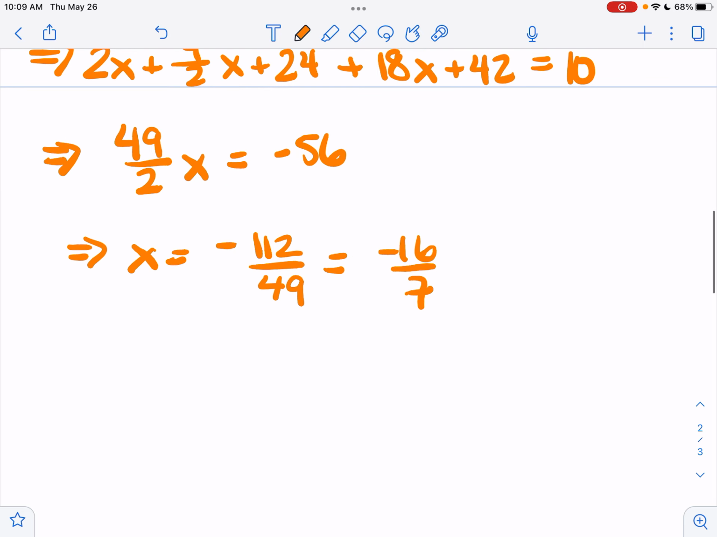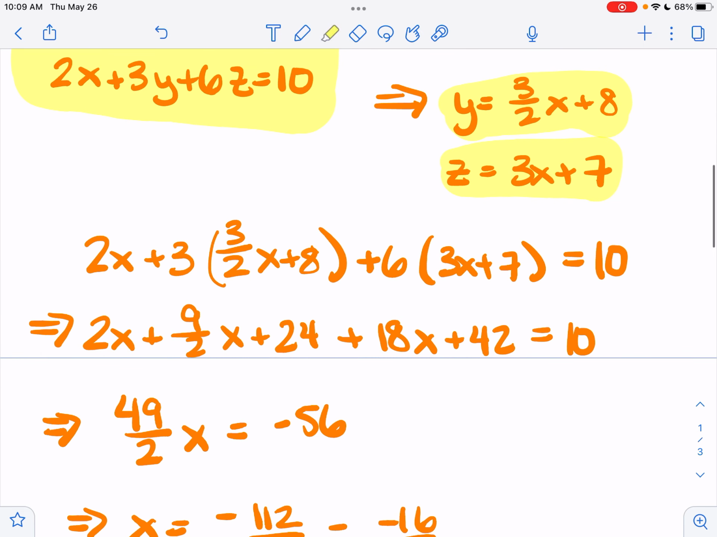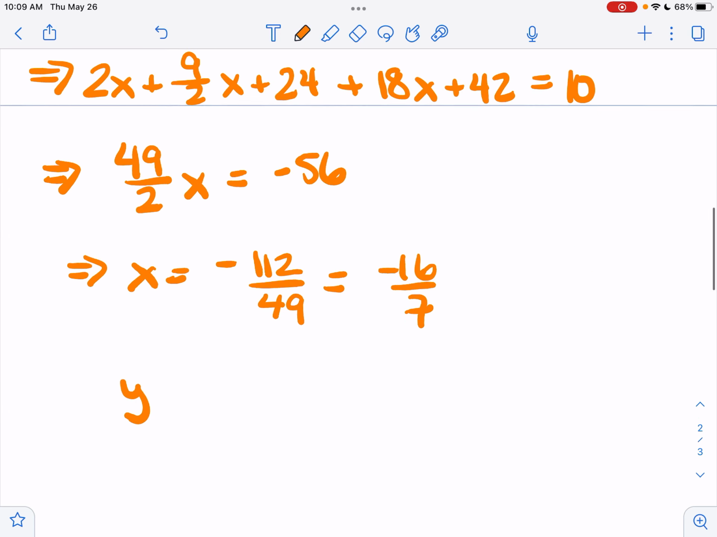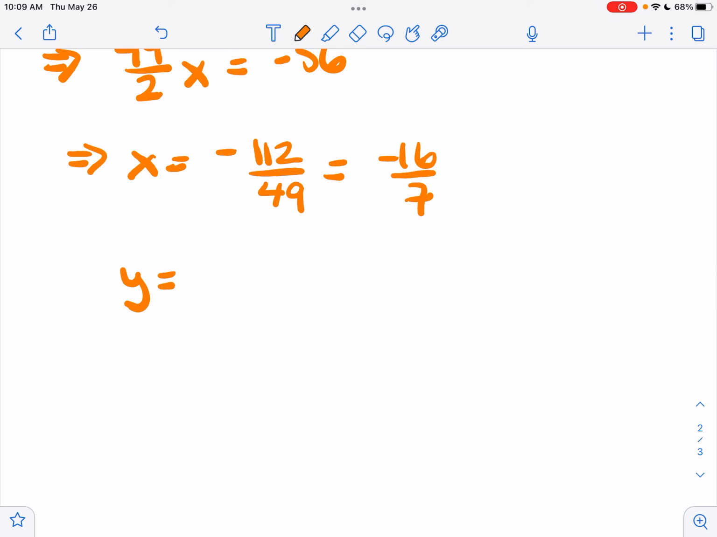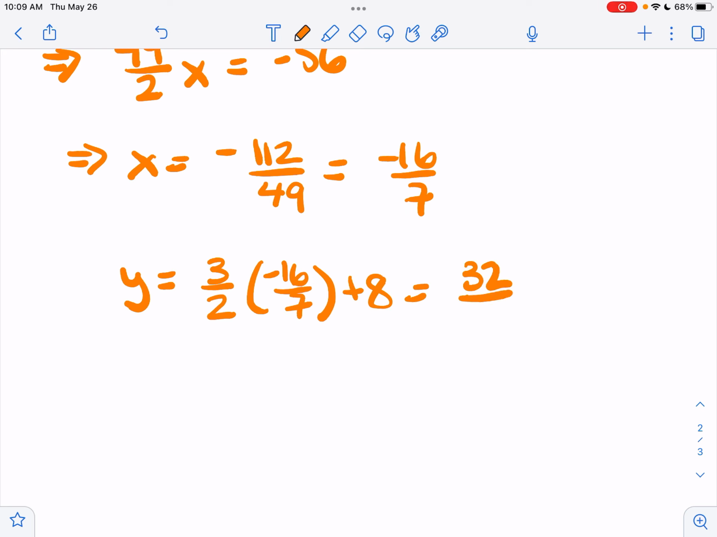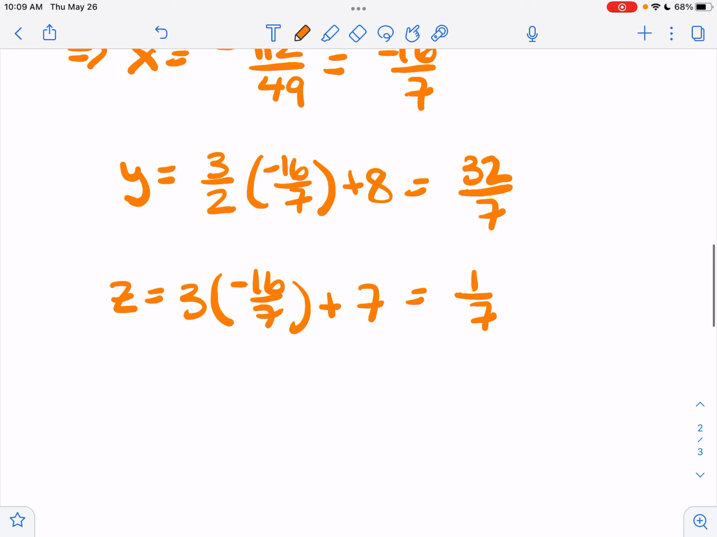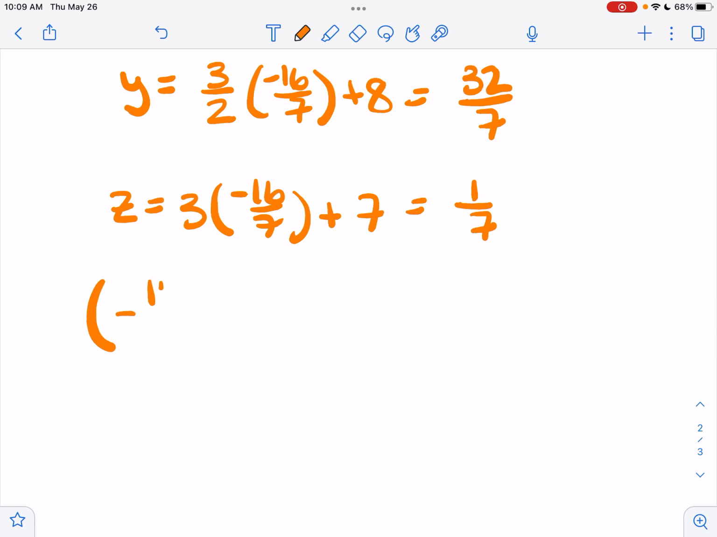We happen to know what y and z are in terms of x, so we just plug in our value for x. We get y is 3 halves times negative 16 sevenths plus 8, which turns out to be 32 sevenths. And z was 3 times x, which is negative 16 sevenths, plus 7, which turns out to be 1/7. And so we have a solution. We have a point, negative 16 sevenths, comma 32 sevenths, comma 1 seventh,